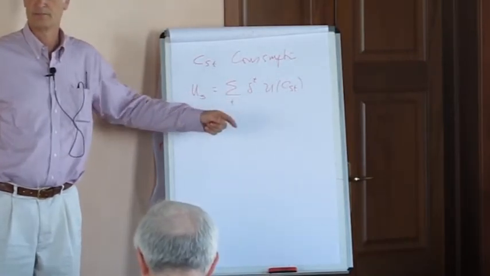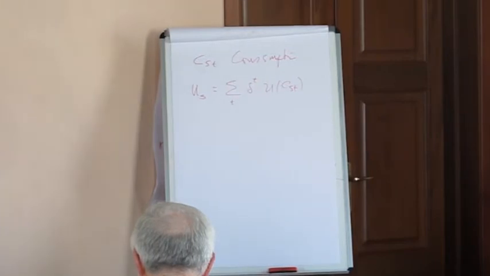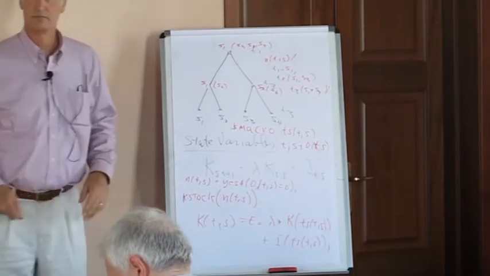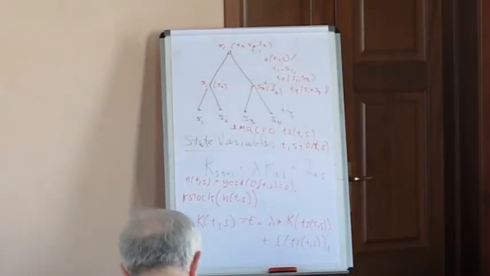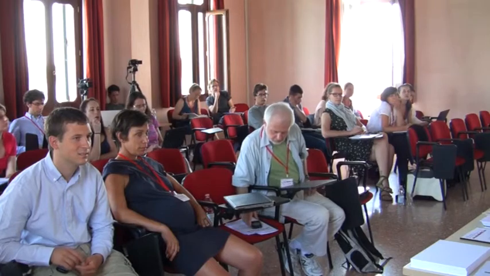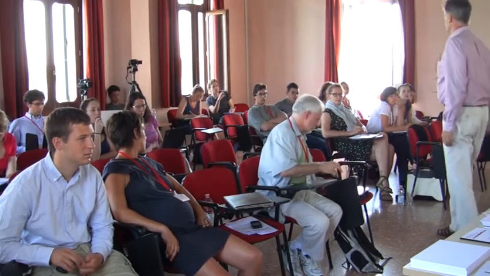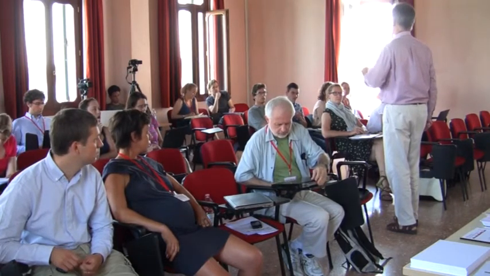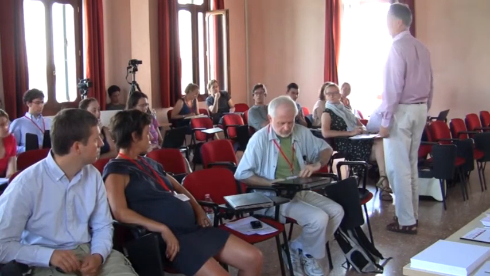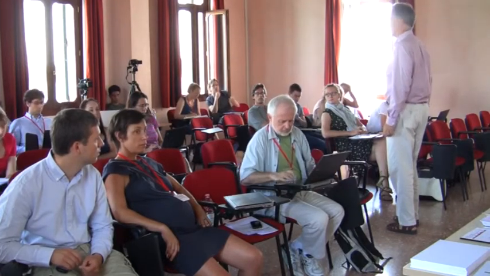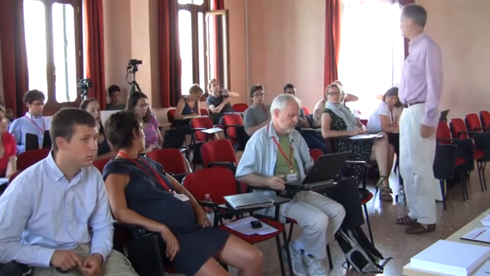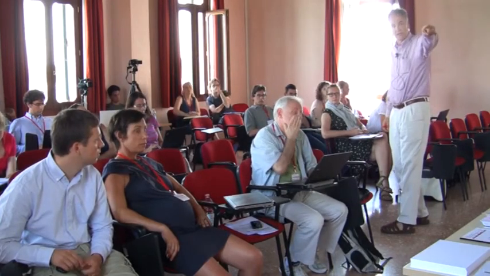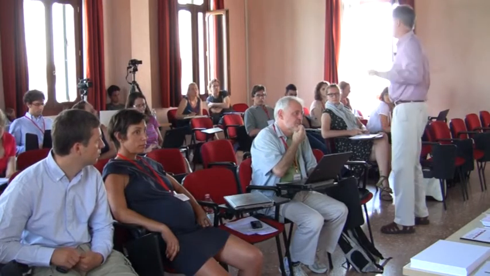Can we go back to the last slide? Okay. So that's about information. If I'm in time period 2, starting at 1, do we know whether we are at node S1 or S3? Is it in principle possible to know? They're always going to be the same. We're imposing that they must be the same. In time period 2, do I know anything about which branch I am on? In the model, you'll know it's either S1 or S3.